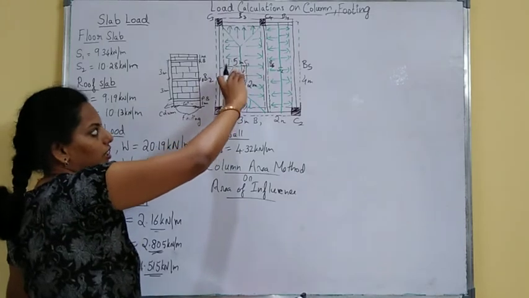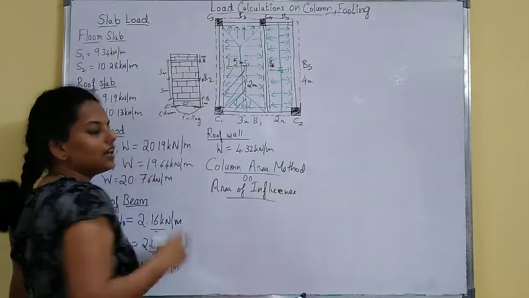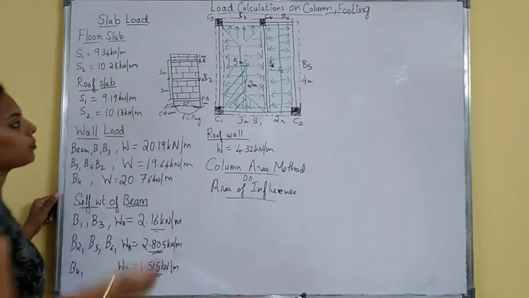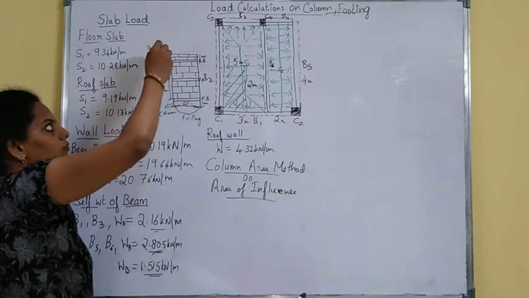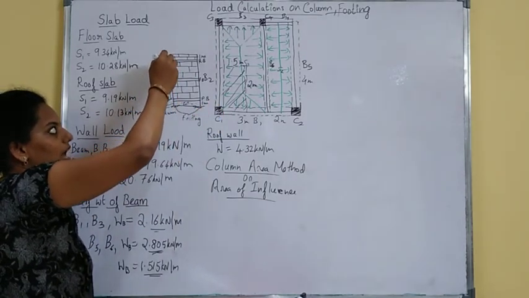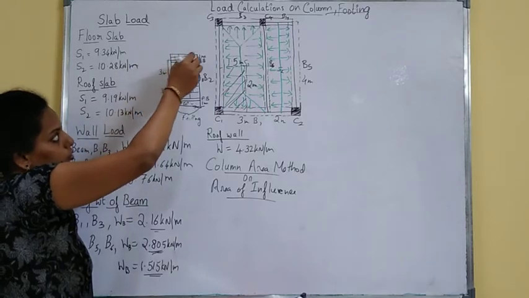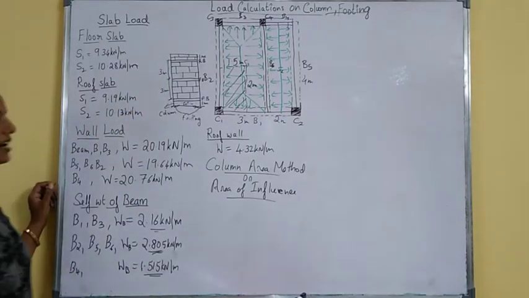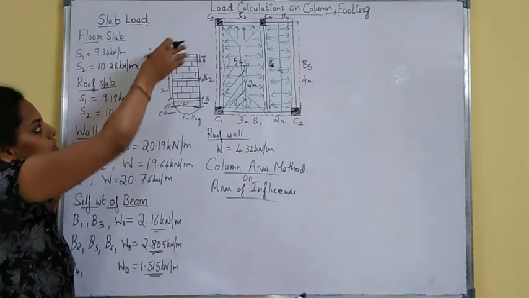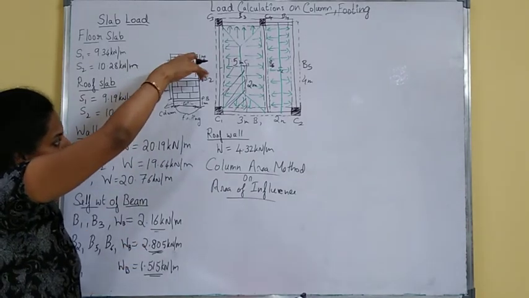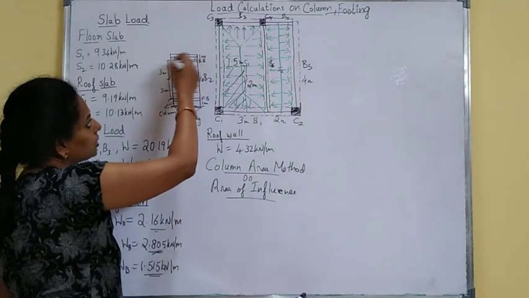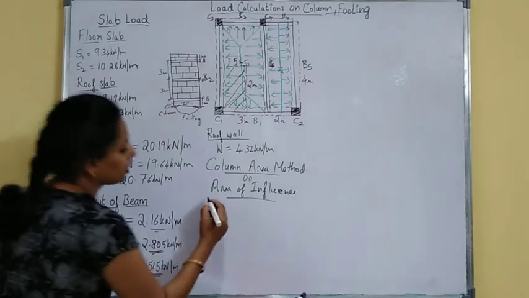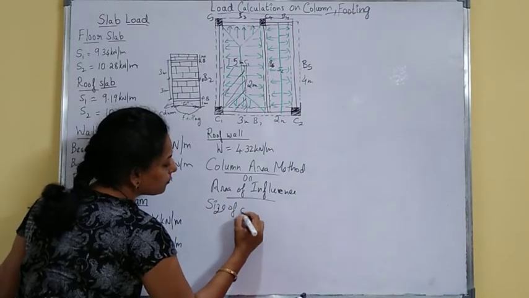For this area you have to consider the slab load, beam load, self weight and wall load coming from that point. We calculate the column load from the top, that is from the roof slab, down to the foundation on the soil. Up to that you have to do all the load calculations. We will go floor by floor. First we will assume the size of the column. How do we assume the size of the column?